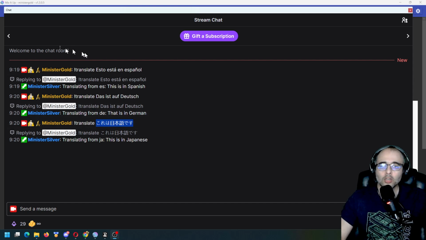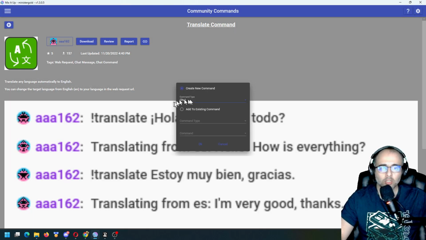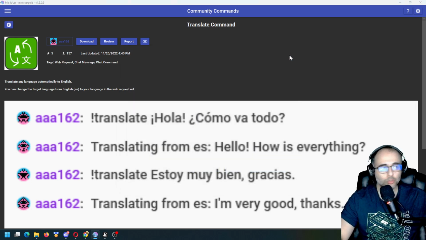So basically what you're going to do is you click on download, create a new command, and you'll save it as translate. You don't have to do anything. You just have to accept these settings, translate for the name and the trigger, and then just click save, and then there you go, you're set up. And then to use it,